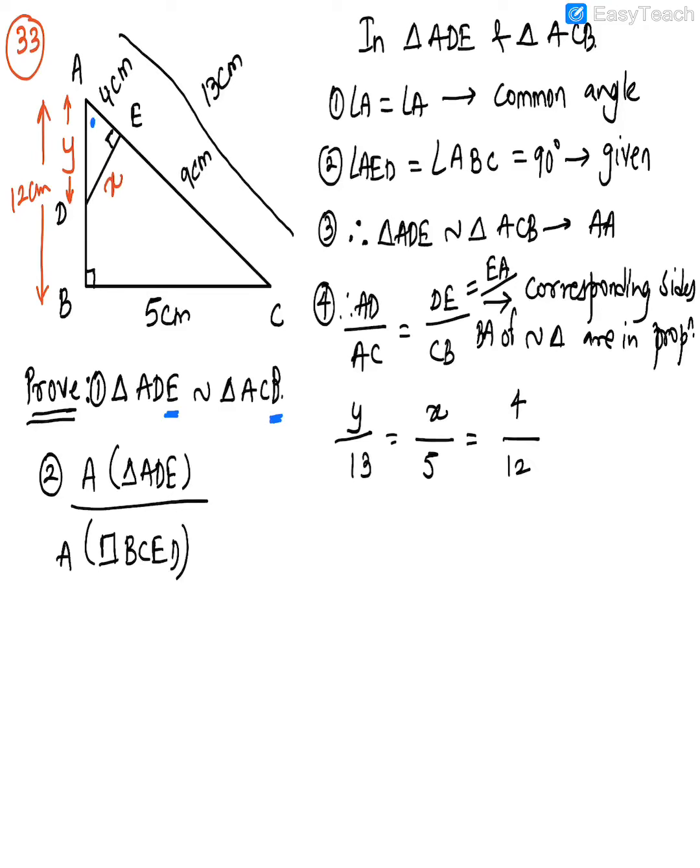So it will be equal to 1.67 centimeter. Then again you have to take Y upon 13 is equal to 4 upon 12. Now you take these two values. So you'll get Y is equal to 13 upon 3, which is equal to, 3 4s are 12, 4.33 centimeter. So we've corrected these answers to 2 decimal places. Just give me 1 minute, I'll just check the answer because the answer seems a little weird.